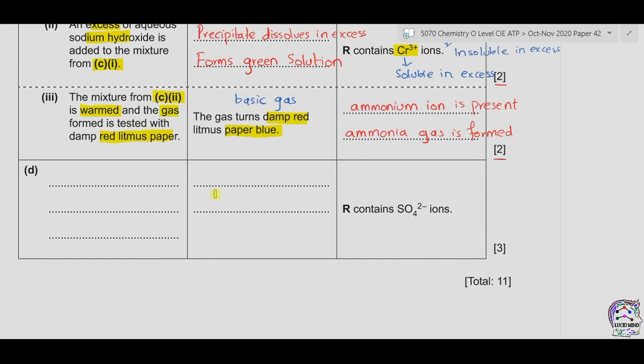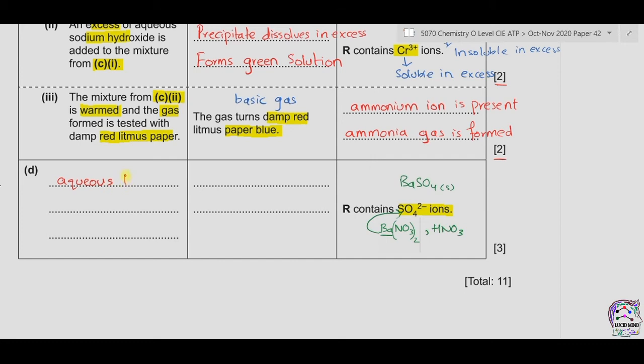Part D. R contains sulfate ions. This is the conclusion. So part D is the test for sulfate -2. Now you should know that for the sulfate ion test we add barium nitrate along with nitric acid. And what happens is that barium nitrate will form barium sulfate, which is an insoluble white solid. So in the test we can write